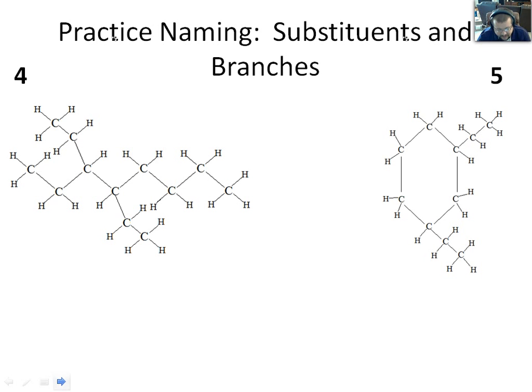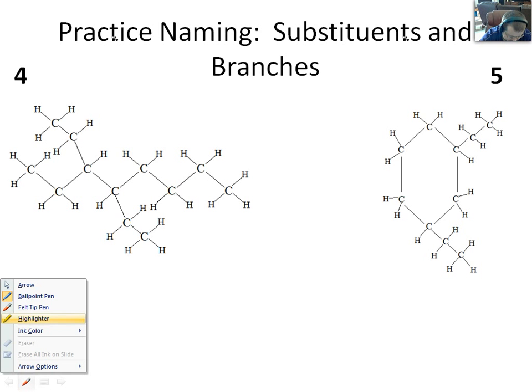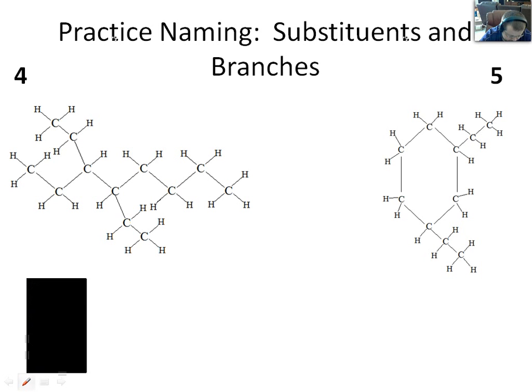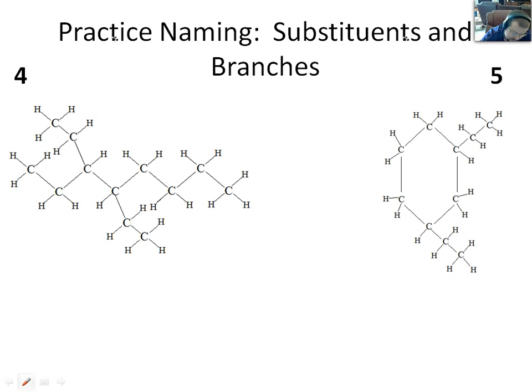Alright, this is getting a little bit uglier, but it's still very doable. Pause the video for a moment and try to select the longest chain of uninterrupted carbons that you can trace with your pen on that left structure. Alright, let's break out a highlighter. Now, what I'm seeing for the longest chain of carbons that we have available is going to start on the right hand side, so it's going to move 1, 2,